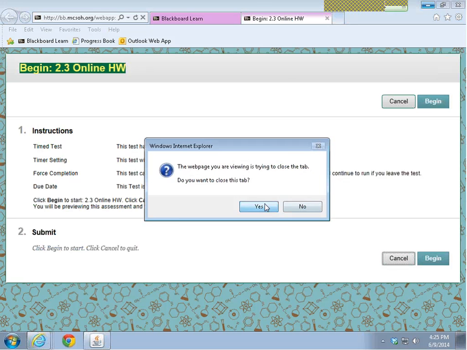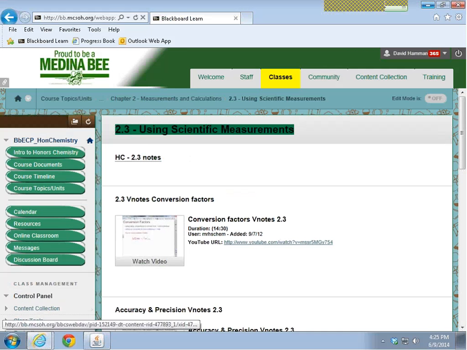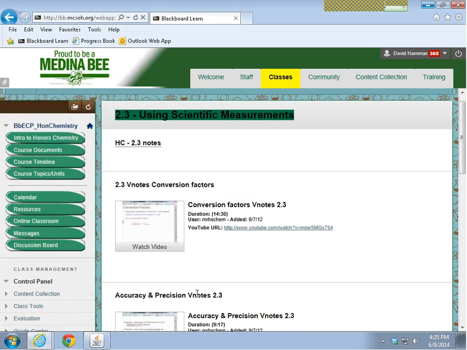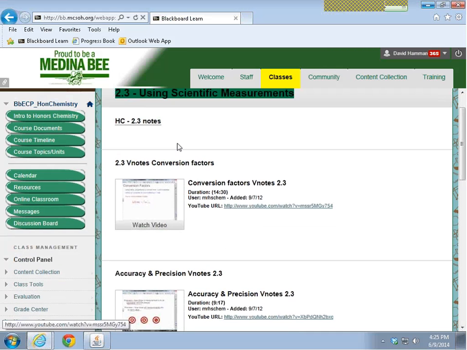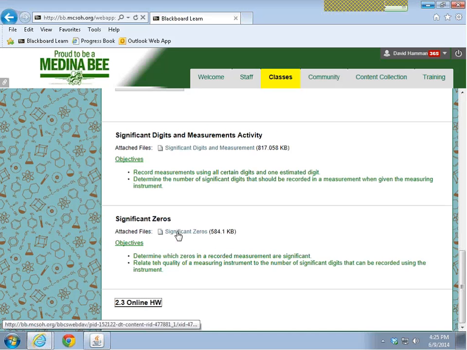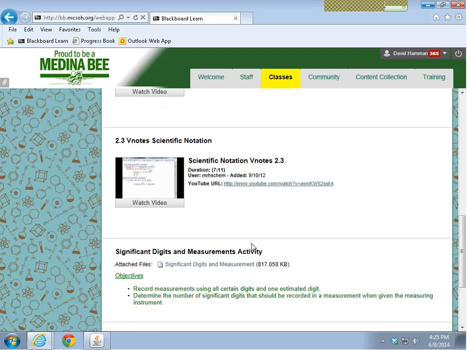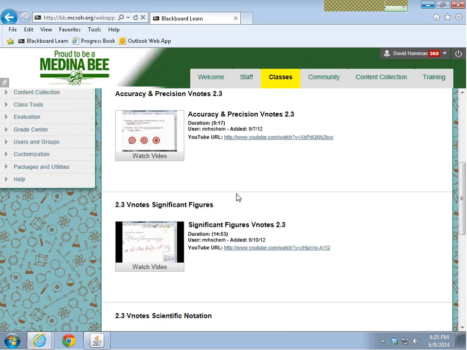As I'm showing them this information, I'm really wanting them to focus on, all right, here's everything that you need to do for this particular section. Notes, video, worksheet, an activity, maybe an article, and then ultimately maybe some type of a quick assessment.